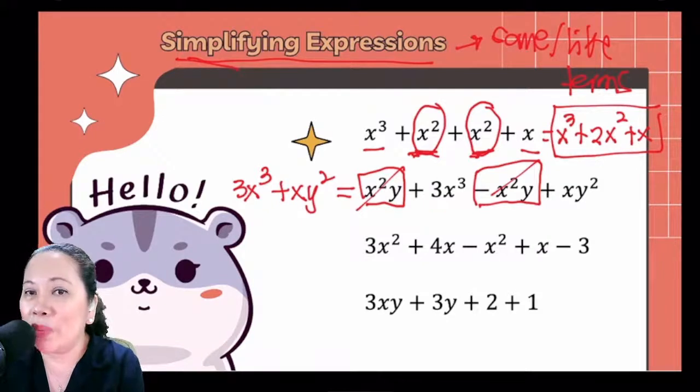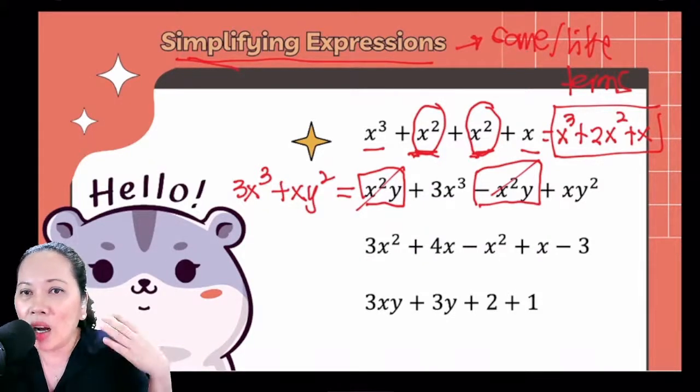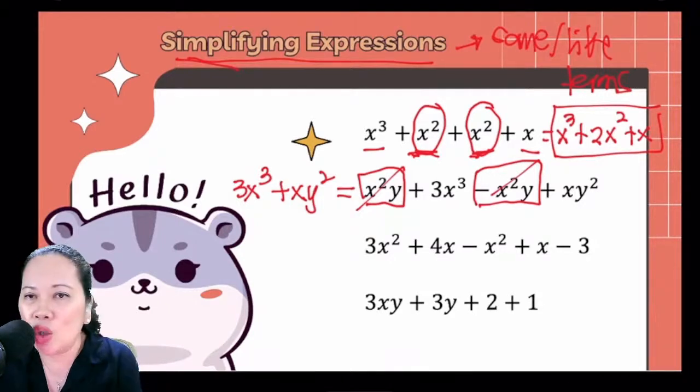All right, I hope it's clear. When we simplify an expression, it has to be of the same term. So, moving on, we have 3x squared plus 4x minus x squared plus x minus 3. So what are the like terms here? The first like terms that we would see,